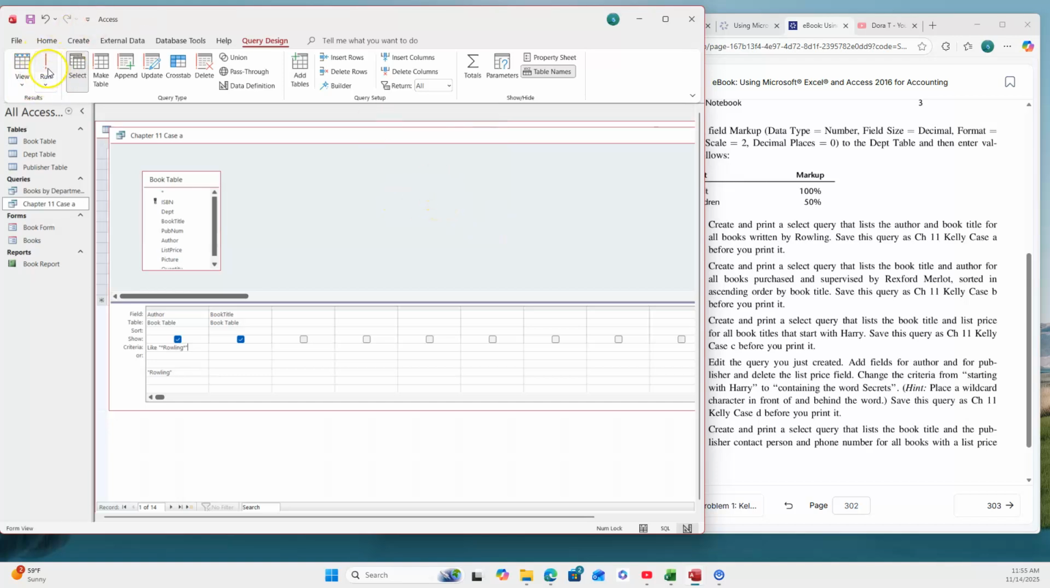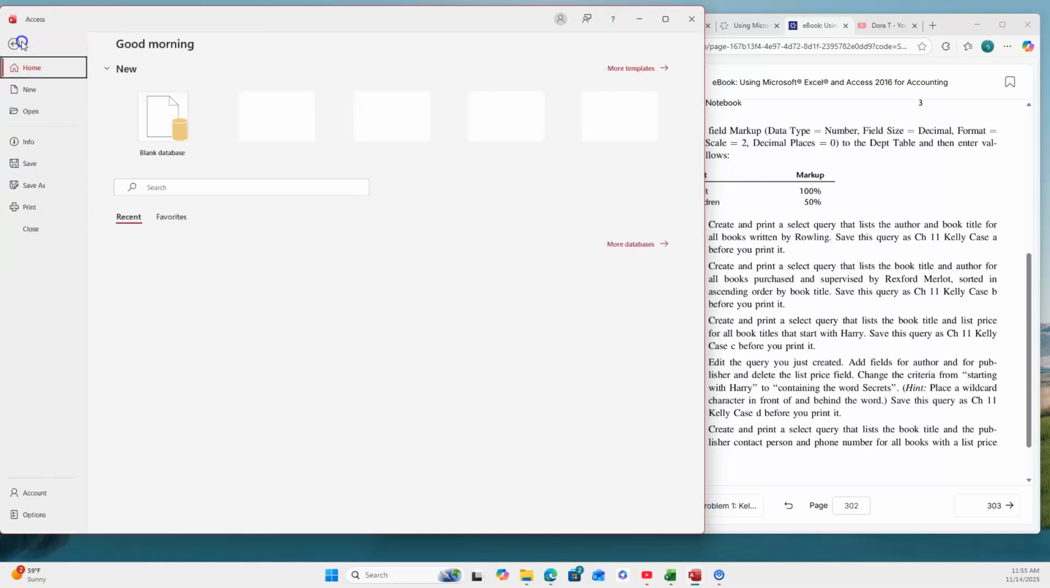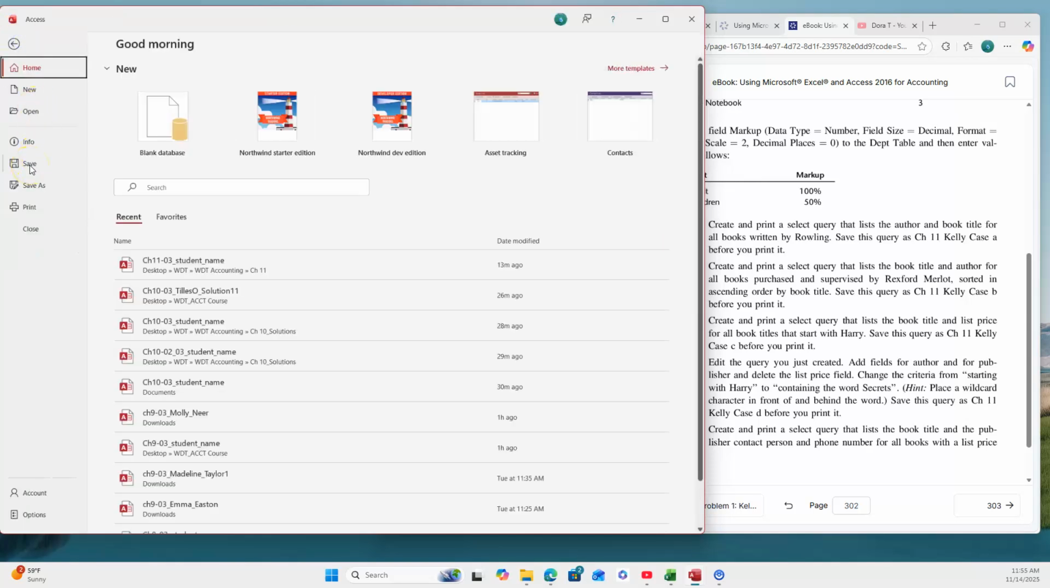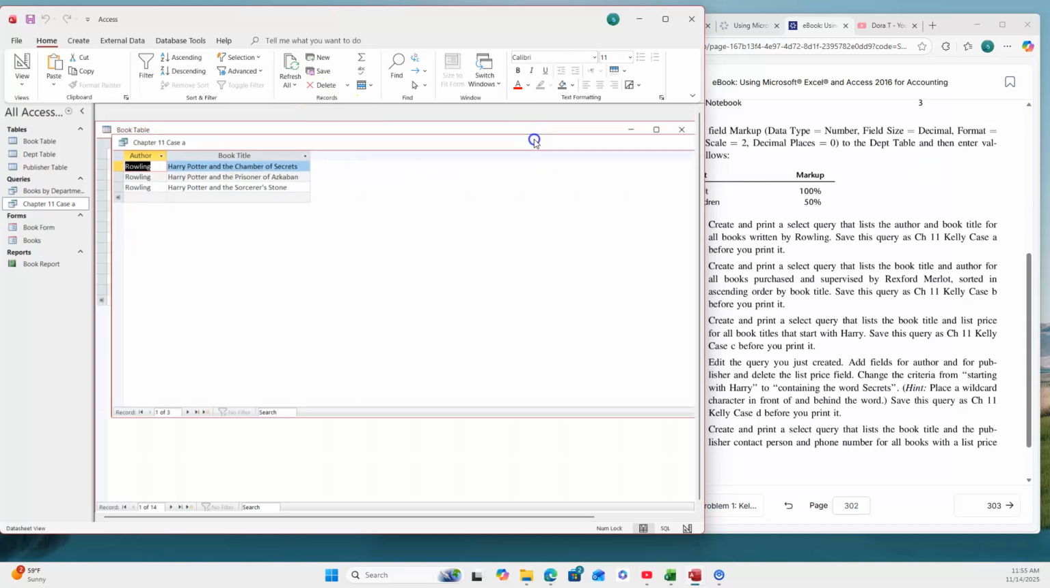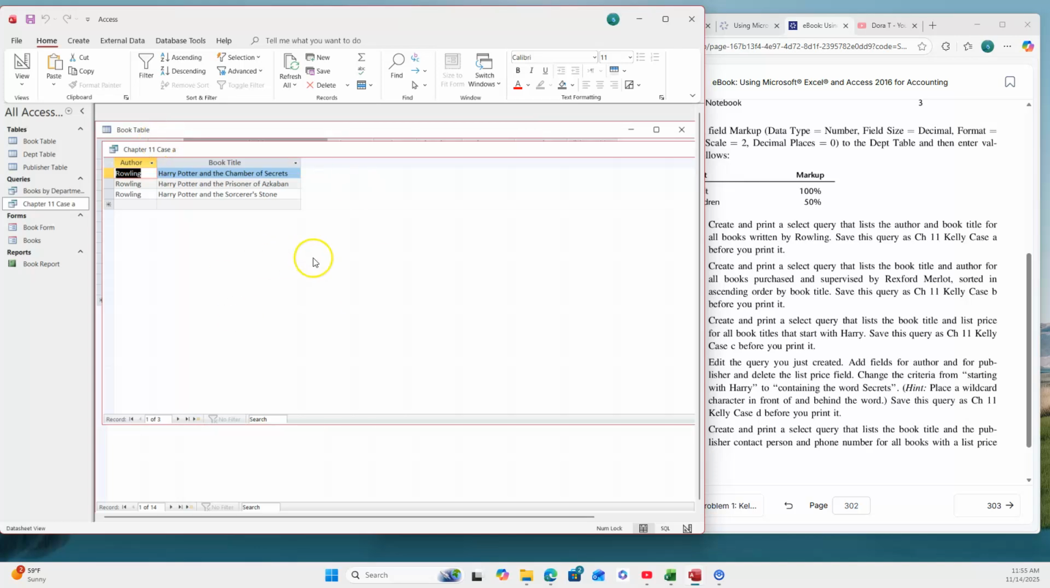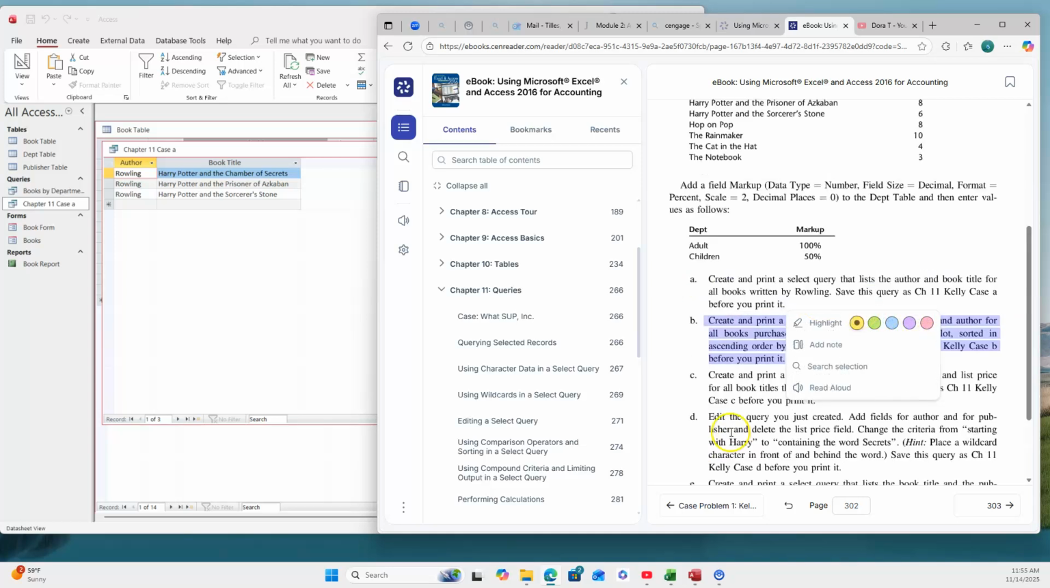And then I clicked run, and then, of course, once I got the results, I had to save it, and you know how to do that. You just click save, and then it'll prompt you to name it. Okay, so that's that. That's quite easy. You just have to pay attention to all of the details carefully,